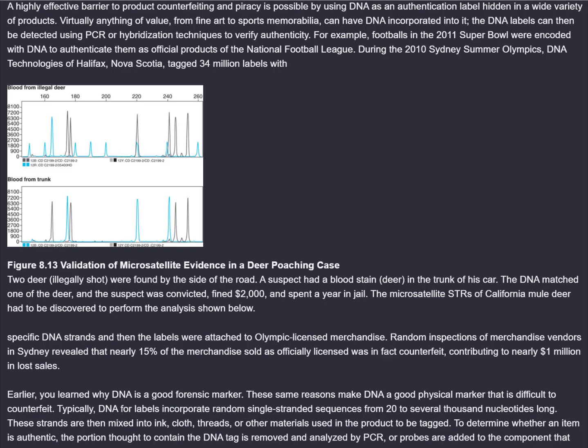For example, footballs in the 2011 Super Bowl were encoded with DNA to authenticate them as official products of the National Football League. During the 2010 Sydney Summer Olympics, DNA Technologies of Halifax, Nova Scotia, tagged 34 million labels with